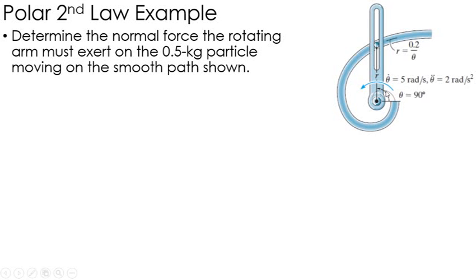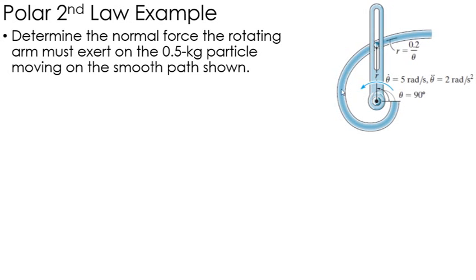In this example, I have an arm that's rotating counterclockwise at 5 radians per second, with 2 radians per second squared, and at the instant in time I'm interested in, theta is actually equal to 90. It's pushing this little particle through this path, and I want to figure out what kind of normal force, and what kind of force this rod is putting on the particle as it moves through a smooth, frictionless